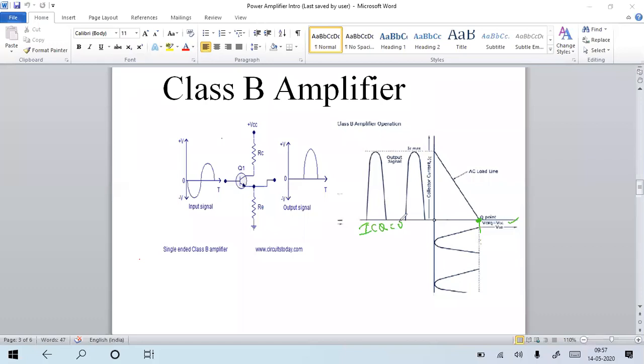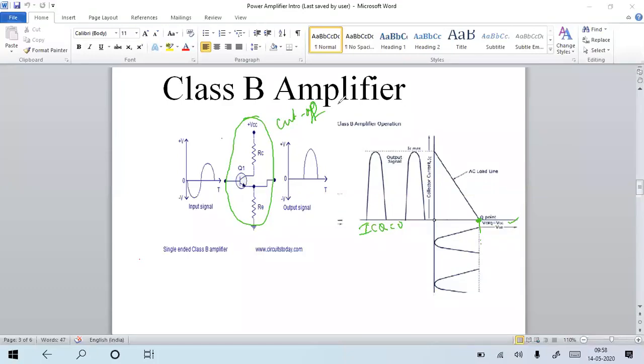Now the transistor is biased in the cutoff mode. Now I'm applying the input signal. In the class A amplifier, how does the transistor have to be biased? The transistor has to be biased exactly at the center of the active mode. For that, we provide the biasing signal to the base terminal.